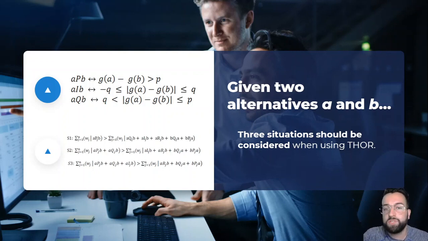If the intra-criterion difference is greater than the preference threshold, the comparison is configured as a strong preference. When the intra-criterion difference module is between the values of the indifference threshold and the preference threshold, the comparison is configured as a weak preference, that is APJB. If the intra-criterion difference module is between the negative value of the indifference limit and the positive value of the indifference limit, the comparison is configured as an indifference, and the relations strict preference, indifference, and weak preference are expressed in equations 1, 2, and 3, respectively.